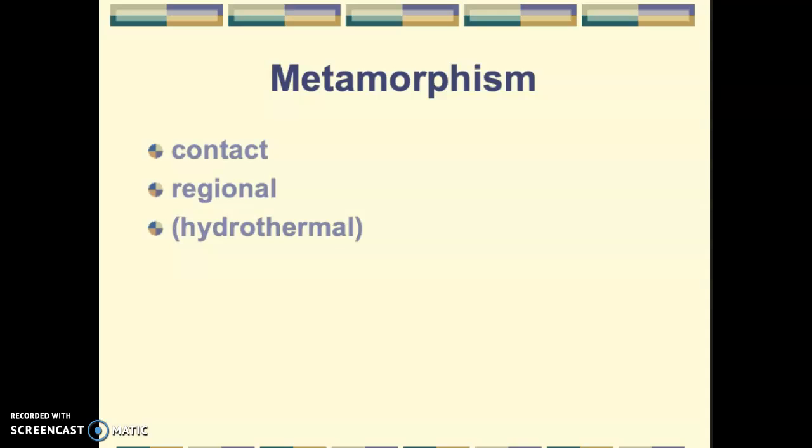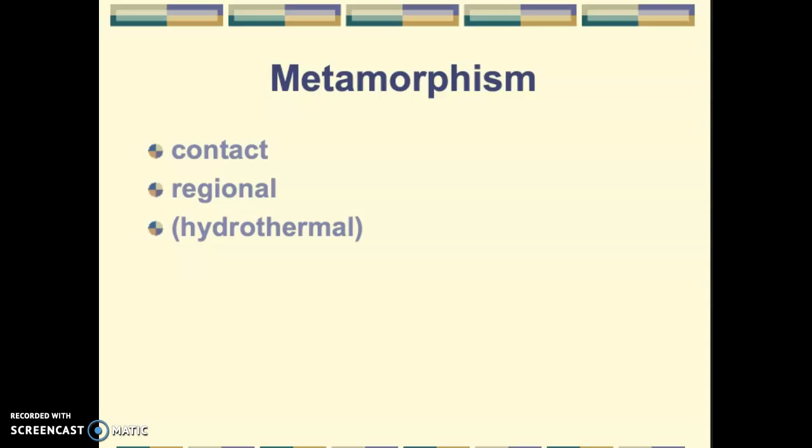That is what happens when molten rock comes into contact with existing rock. We can also have regional metamorphism. That's when a whole area, due to burial or tectonic conditions, becomes altered by heat and or pressure. And so metamorphic activity on a regional basis can produce a large area of a certain type of rock, or it can be still kind of concentrated. And a lot of times this produces a whole rock resource like marble or slate,